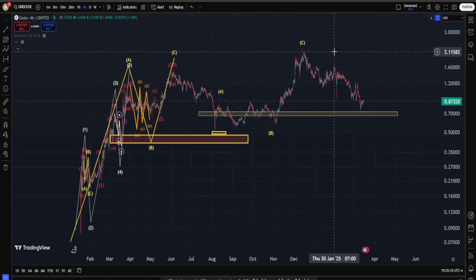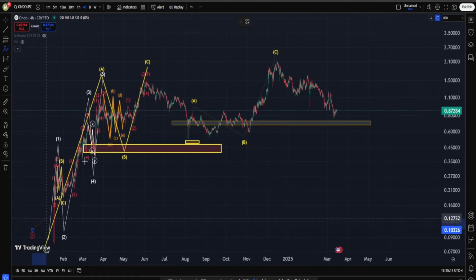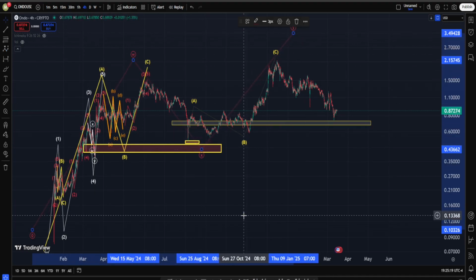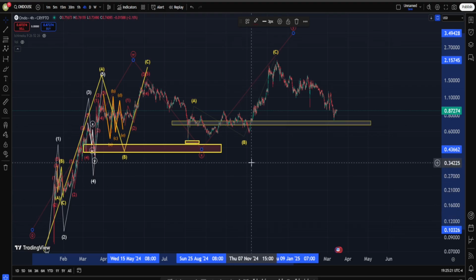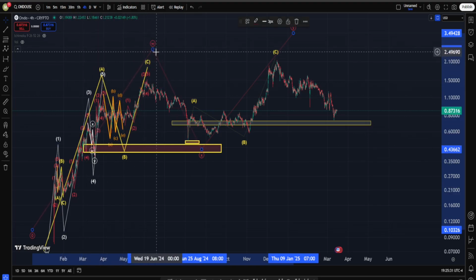If you remember, in the previous ONDO video we talked about the possibility of having in this area a WXY in the form of a double zigzag, which suggests basically our bull run is over. Don't get me wrong, you can consider this possibility, but for me this isn't going to be my primary scenario. In my primary case, I'm going to argue, sure, we are having an ABC up to about here into a